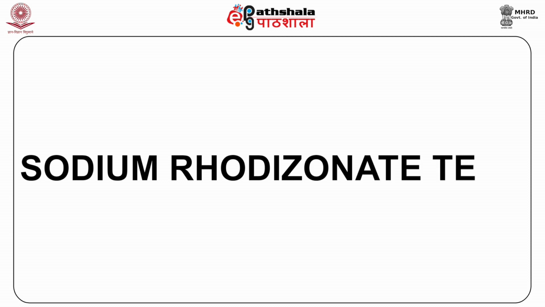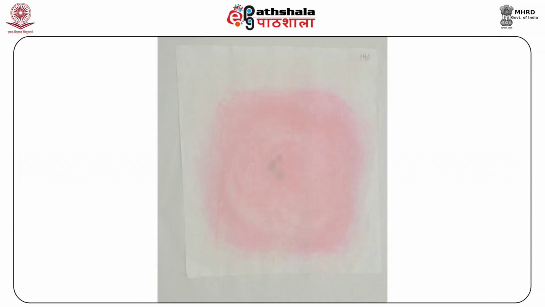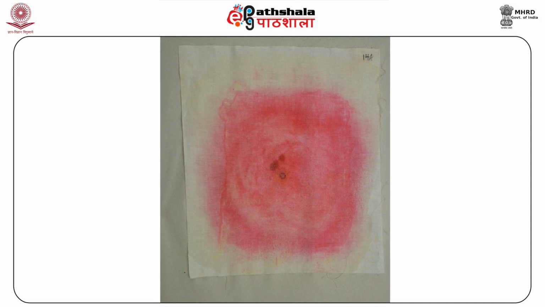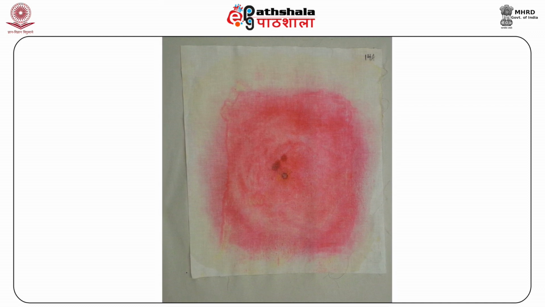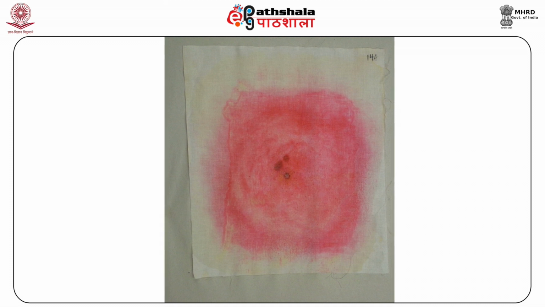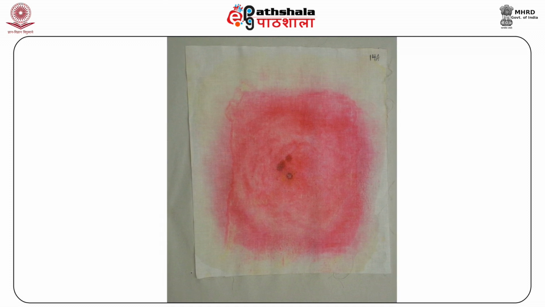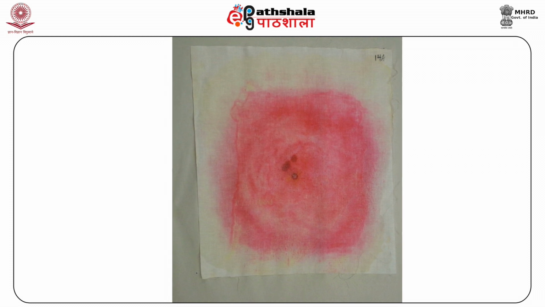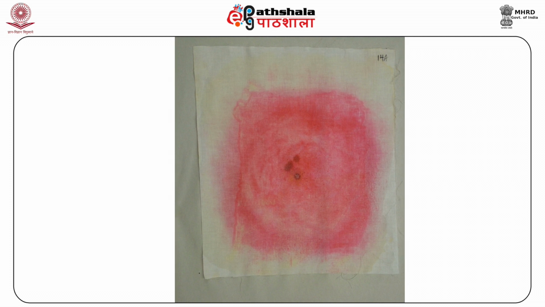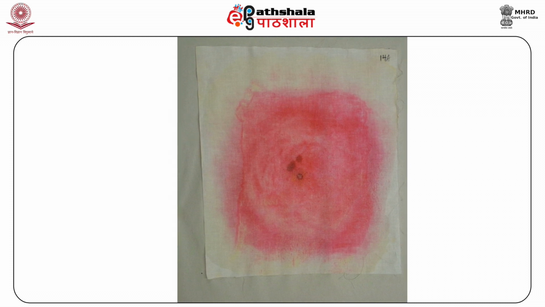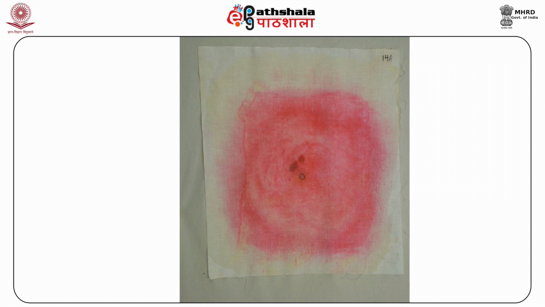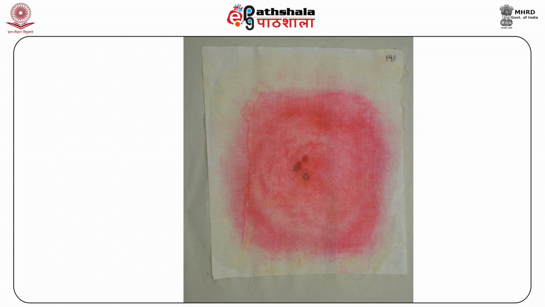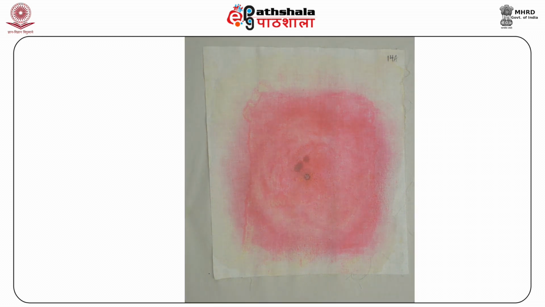Sodium rhodizonate test. The test is carried out by firmly pressing a clean filter paper, lightly moistened with 0.1 N hydrochloric acid, HCl, over the bullet hole. The filter paper is then dried using a hot air blower and carefully spotted with a saturated solution of sodium rhodizonate in water. The filter paper will eventually take on an orange color from the sodium rhodizonate.